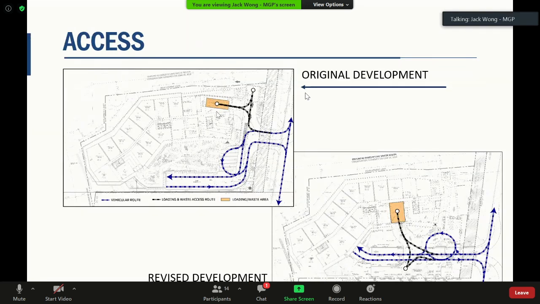These figures essentially illustrate the traffic maneuvering between the original and the revised design. As I mentioned earlier, the facility that was located at the northeast portion of the building has now been relocated to the central part of it.